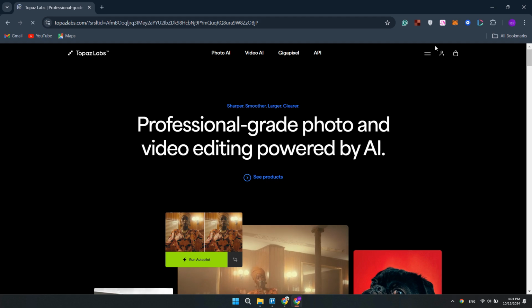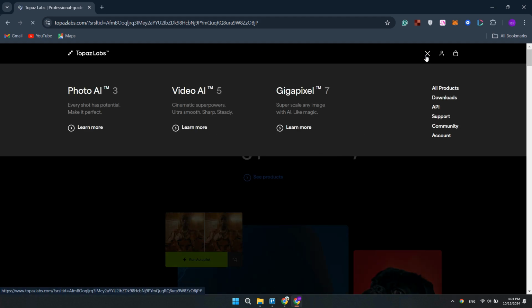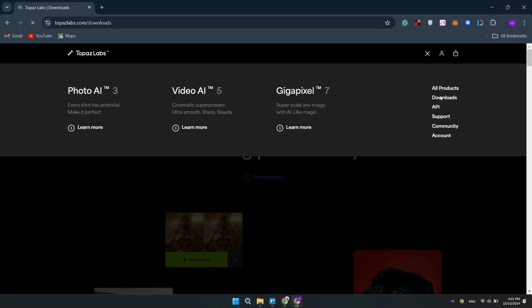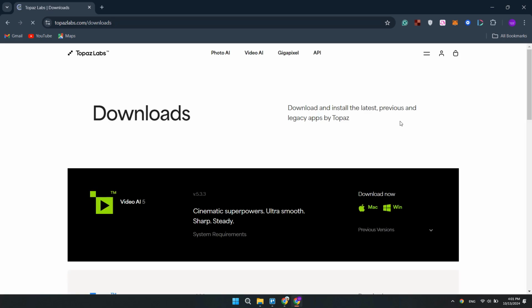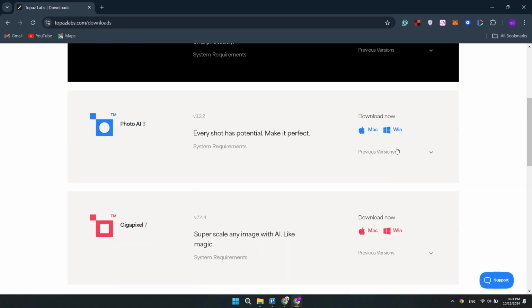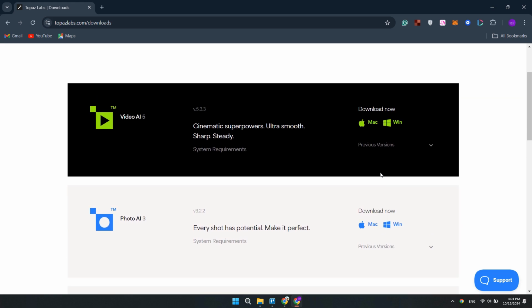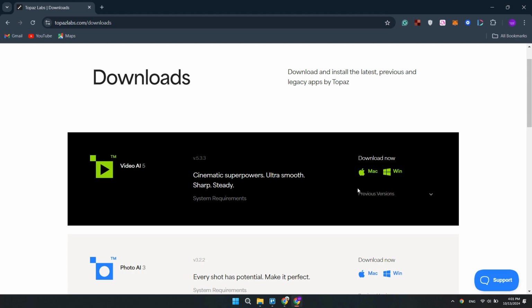Now to download this Topaz, from the center or right upper side, you will find these two lines. Click on that. It will open up this where you will get the downloads. Click on that and here you will get to download and install the latest and previous version of Topaz. If you scroll it down, you will find some more variations of that Topaz here. But we have to download the Topaz AI Official to download it. Scroll upside and here you will get